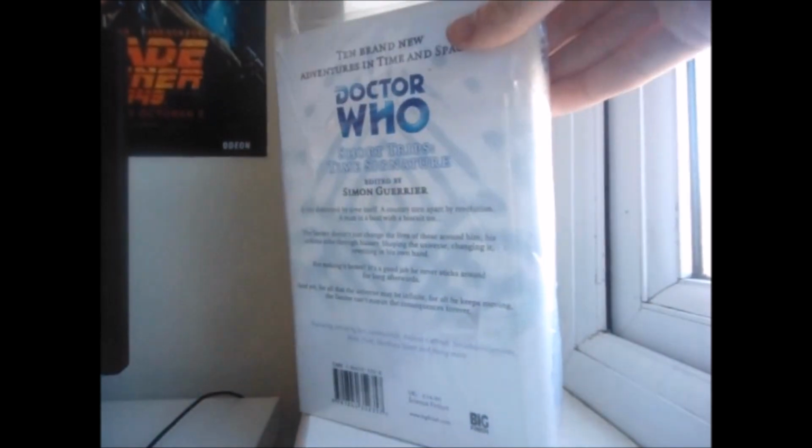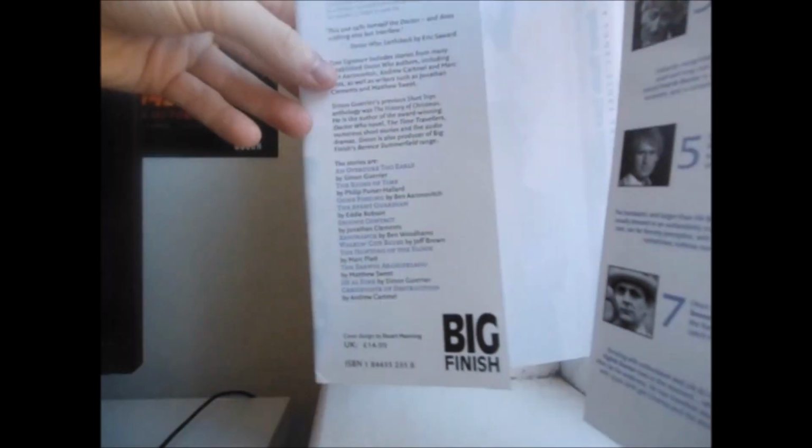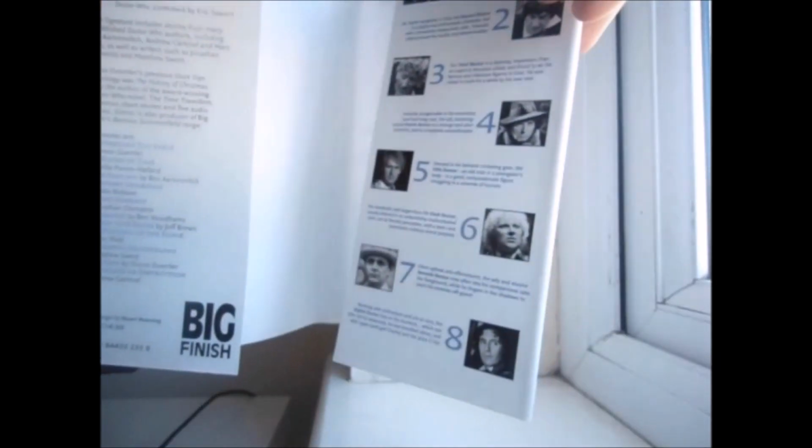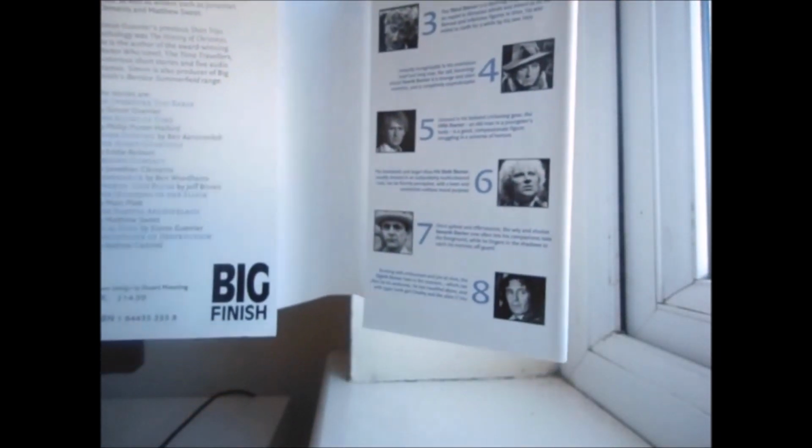There we go, I would say that would do in all of its glory off of the book, with a bit more about time signature there, and the stories that are in this book, and a little guide to the Doctors there. Then for the book without his dust jacket,